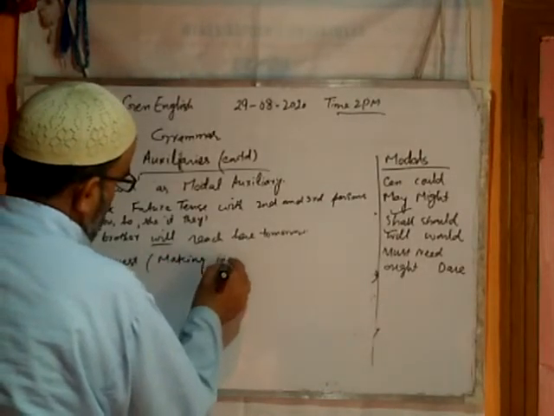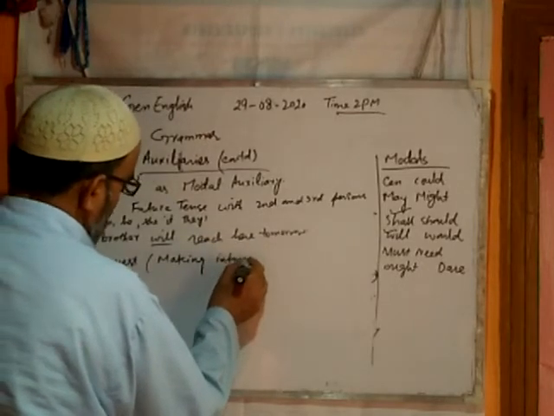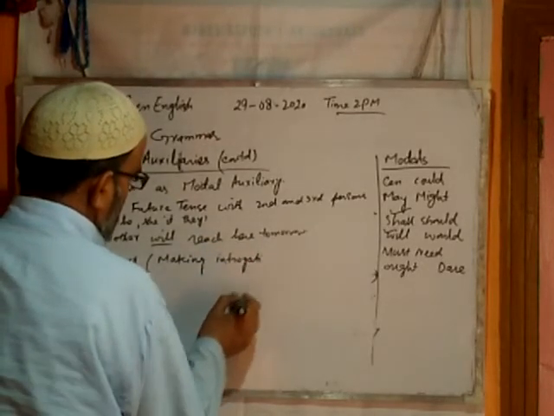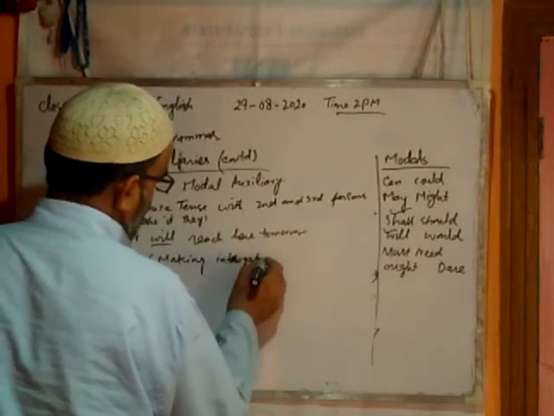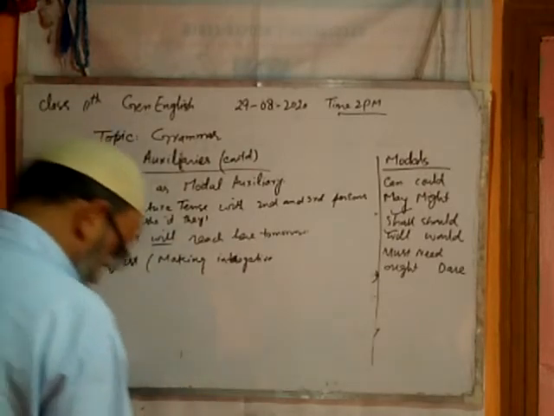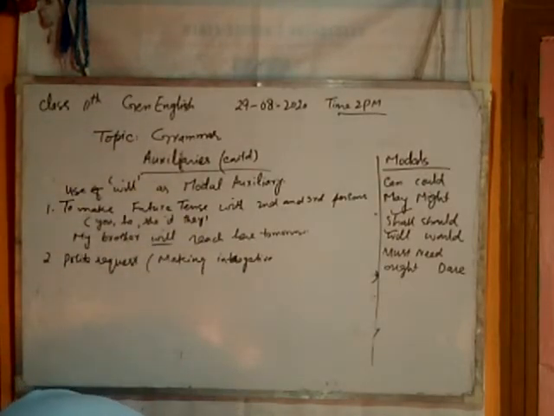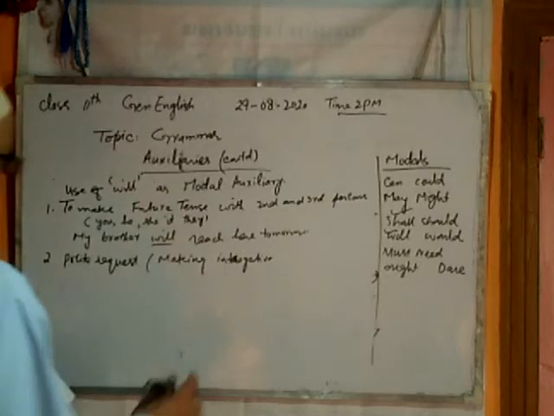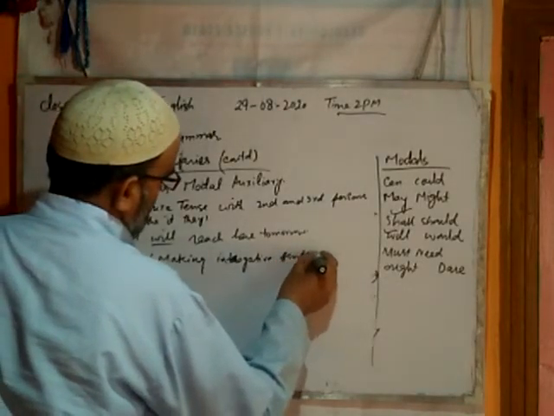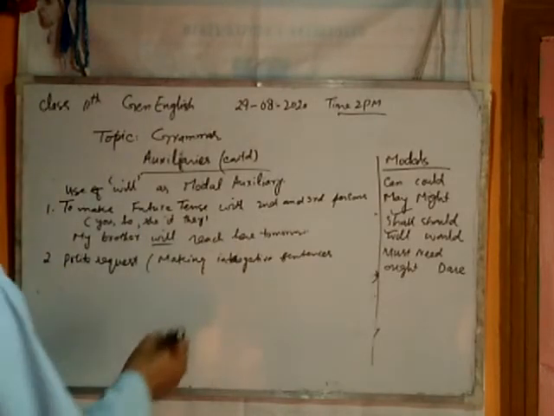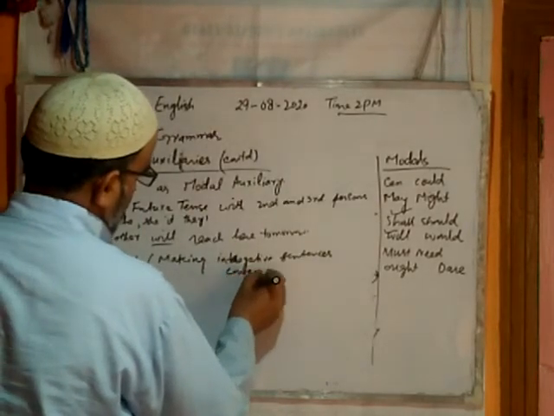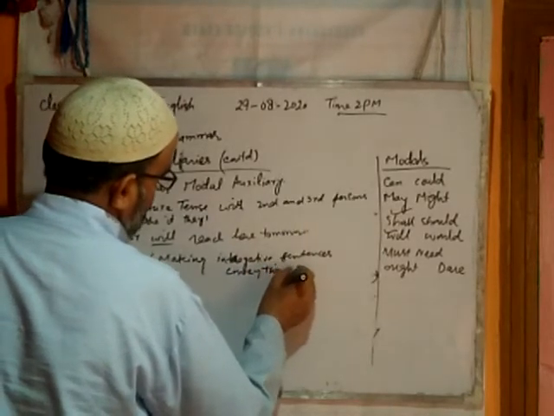Making interrogative sentences. जब हम इंट्रोगेटिव सेंटेंसेस बनाएंगे तो इससे ये मीनिंग कन्वे होगा, कन्वे दिस मीनिंग।